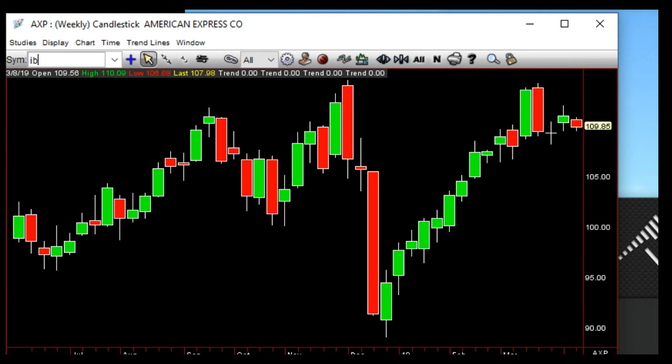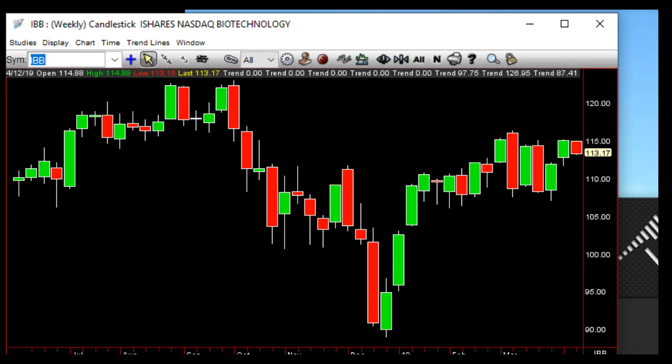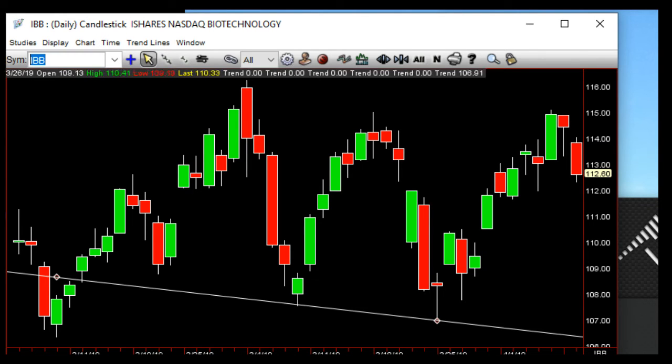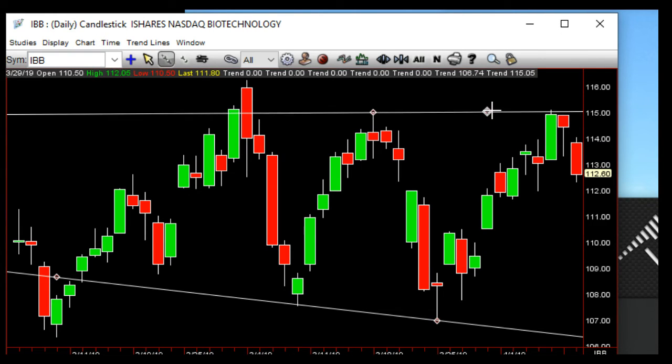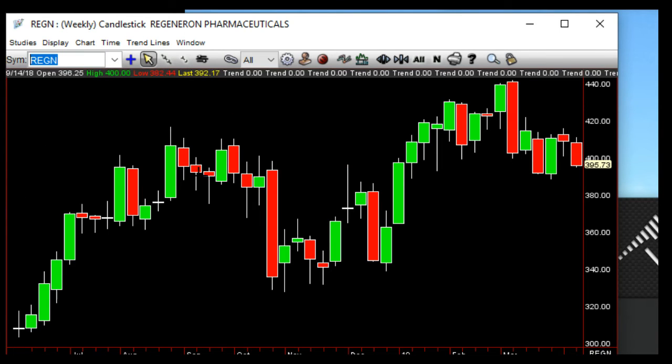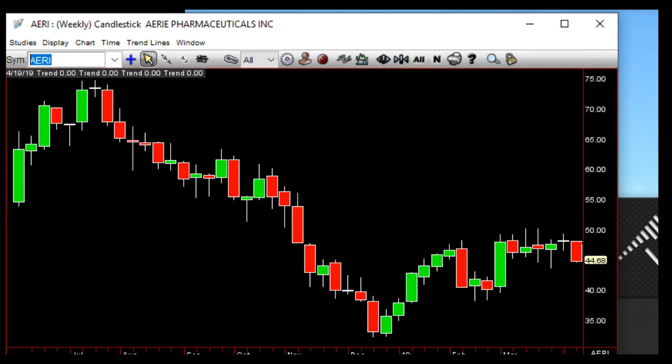A little bit closer here is IBB, and still inside week and still tight range and inside the month and all that kind of jazz, but daily did go inside day to the downside after a slight higher high here. And so we do have this potential try here if they want to start hitting this stuff, which would be fun. And if we go to the weeklies, you've got Regeneron doing this, the 2 down, 2 up, and then 2 back down on the weekly. You've got AERI doing that as well. 2 down, 2 up, 2 back down.